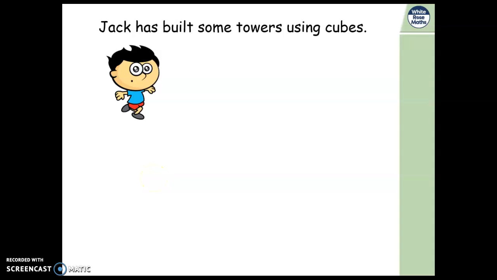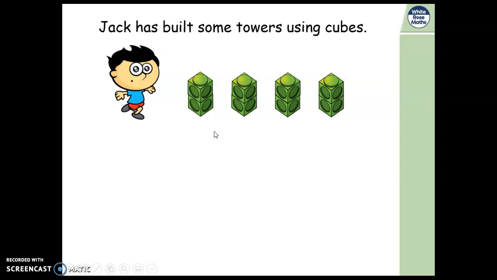Okay, so the main part of this lesson is focusing on the 2 times tables. So let's have a look at some problems. Jack has built some towers using cubes. There we go. So thinking about the knowledge we've had from last week, looking at groups of,